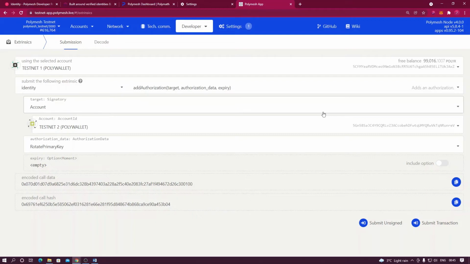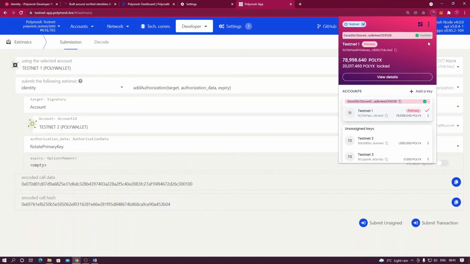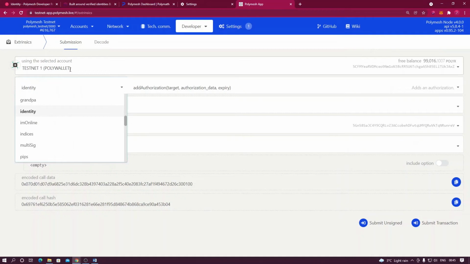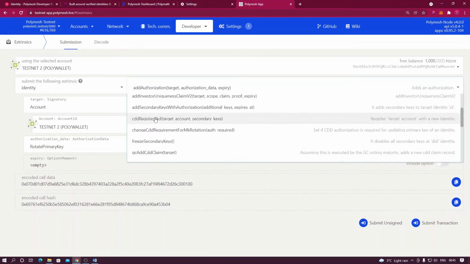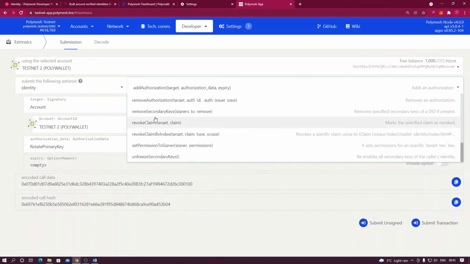Again, the rotating of a key is a two-stage process. So we've made a request, but the Testnet2 key now has to accept that. So if we look in our wallet, we still show Testnet1 as our primary and Testnet2 is our secondary. So in order to do that, we're going to have to, again, change the context here. Testnet2 is going to be our requesting key. Identity is what we're going to call again here. And we're going to scroll down and find the